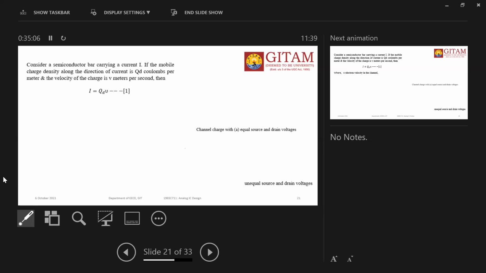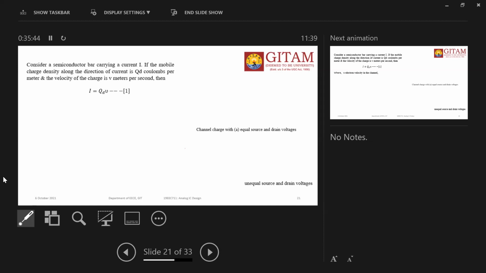Whenever this is a bar of semiconductor, suppose current I is entering here, then the output is I plus delta I, because this is the wire or bar which is already charged. Whenever I is entering and passing through this bar of semiconductor, some amount of the charges in the bar also go out, so the current is increasing. But anyhow, that is not the question here. My question is, what is the current formula? Current I is equal to QD into V. QD means the charges in the depletion layer, into velocity.